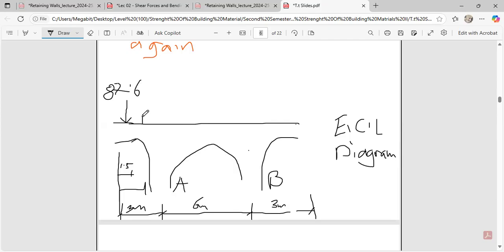Then you put it over there. And that one was 21.9 kilonewton. Then the last one was at mid span. Okay. So the mid